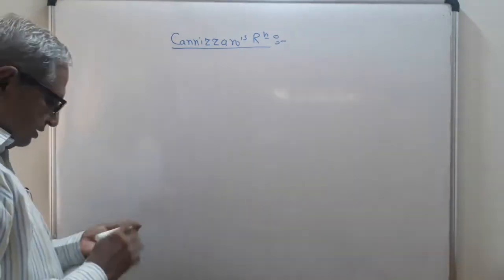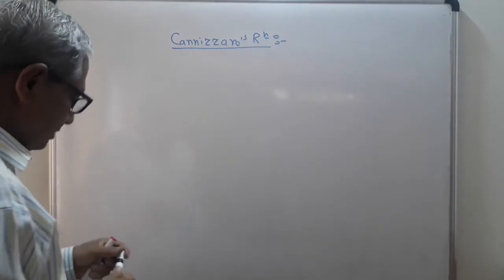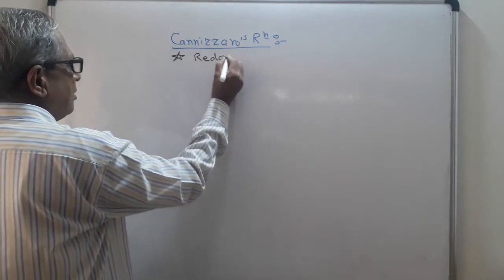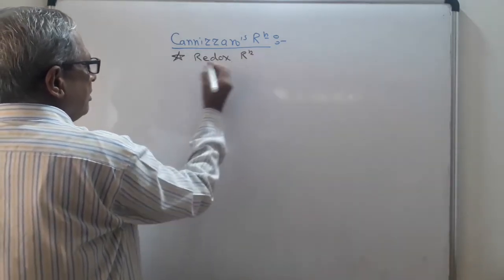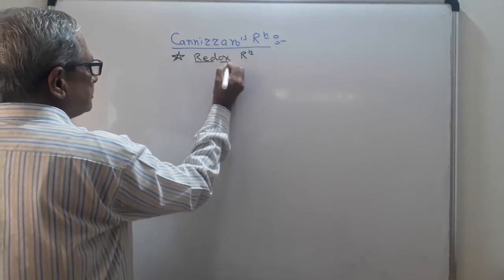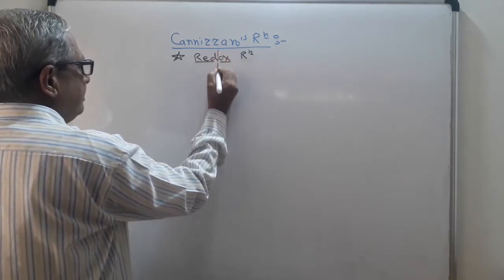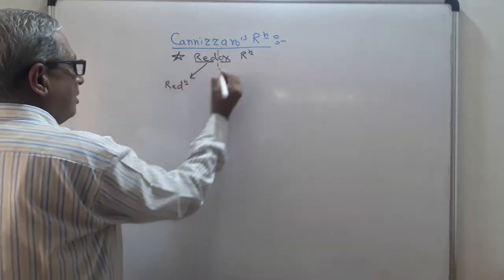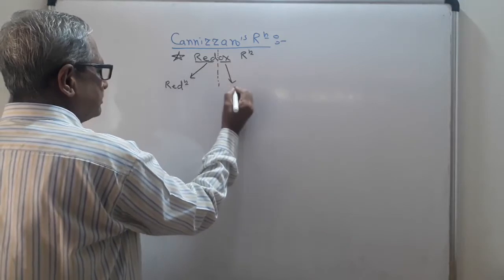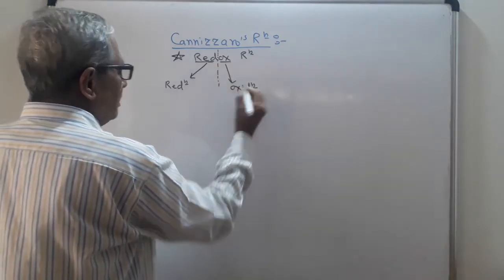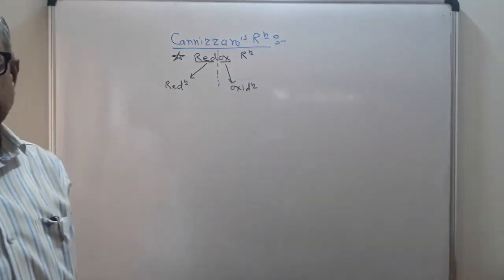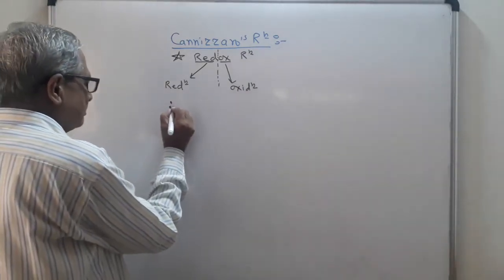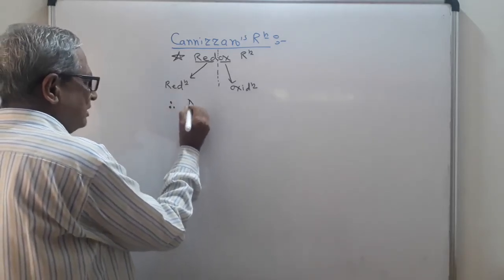This reaction is also known as redox reaction. Here it is a combination of two terms: one is RED, which stands for reduction, and OX, which stands for oxidation. So two reactions take place simultaneously, one reduction and second oxidation. Therefore, this reaction is also known as